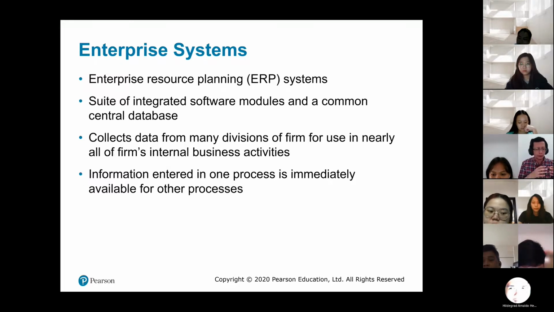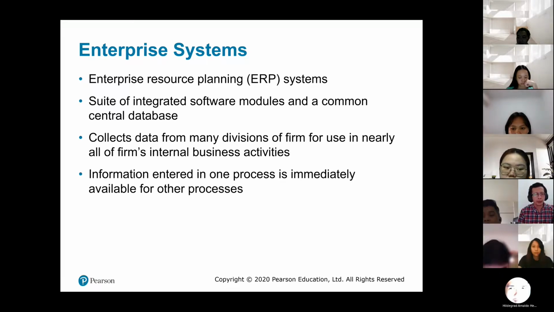While MRP and MRP2 focus on inventory planning, inventory management, and also manufacturing management, ERP expands those to include any other activities.